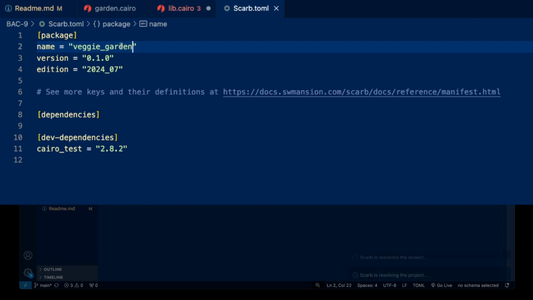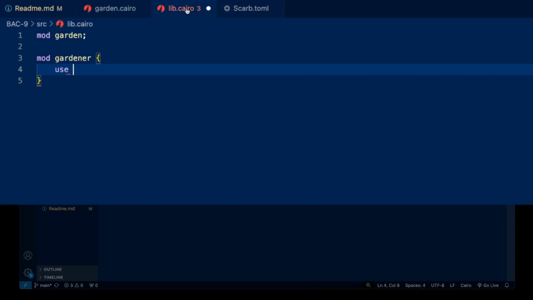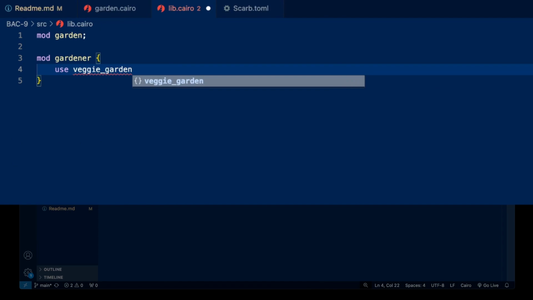All right, so I'm just going to do that to prevent any sort of conflict. I'm going to name that veggie garden, and I'm going to say I want to use veggie garden. Within veggie garden, we have this garden file, so I want to use garden. As you can see, it exposes garden and gardener, because now when we call veggie garden, it comes into